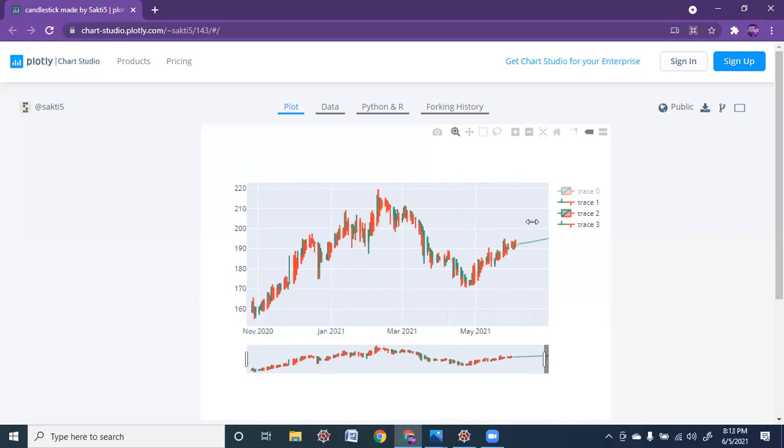We have just highlighted actual and prediction. Now I am highlighting historical as well. It is loading, please bear with me. Yeah, now you can see.